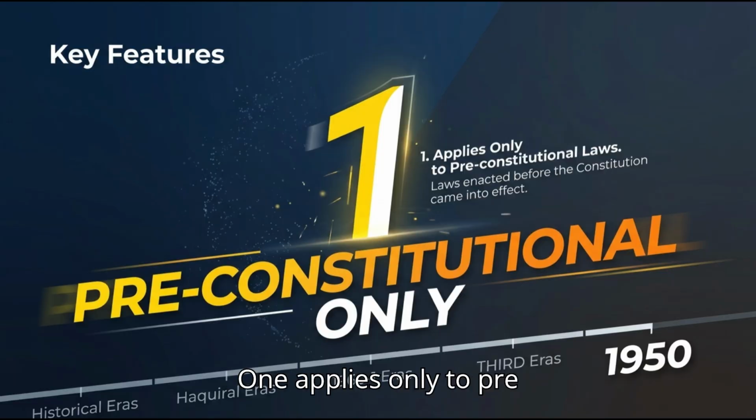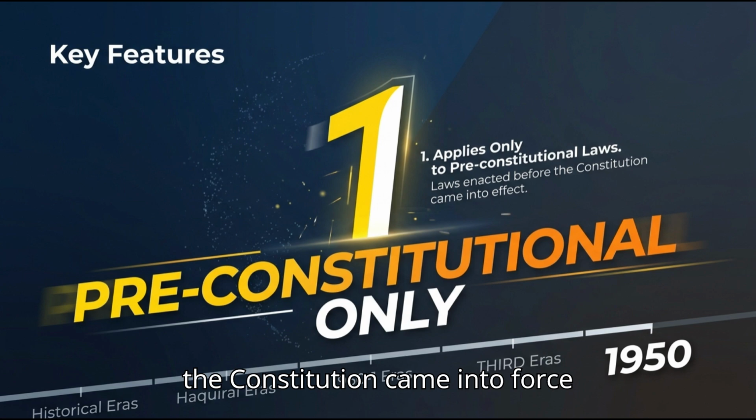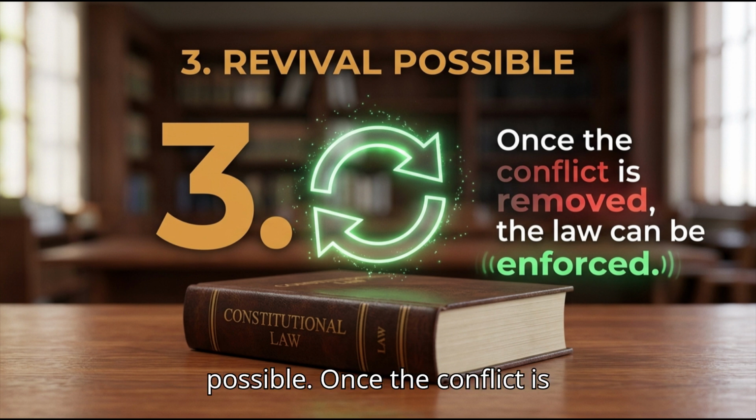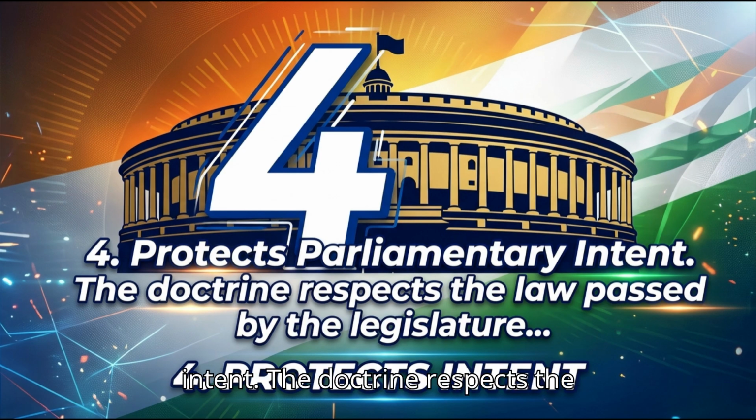Key features. 1. Applies only to pre-constitutional laws enacted before the Constitution came into force. 2. Partial invalidity. Only the inconsistent part is eclipsed. The rest of the law can remain operative. 3. Revival possible. Once the conflict is removed, the law can be enforced. 4. Protects parliamentary intent. The doctrine respects the law passed by the legislature, but ensures it does not violate fundamental